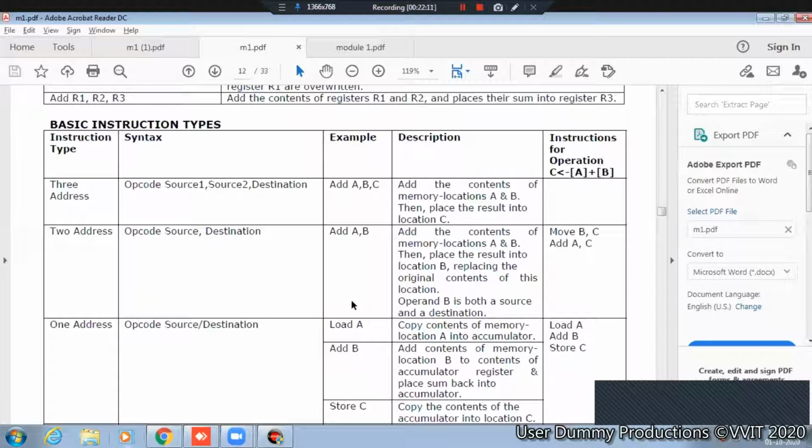So load A copies the content of memory location A. Since we didn't specify any other operand, it will put it into the accumulator. This is a one address instruction.